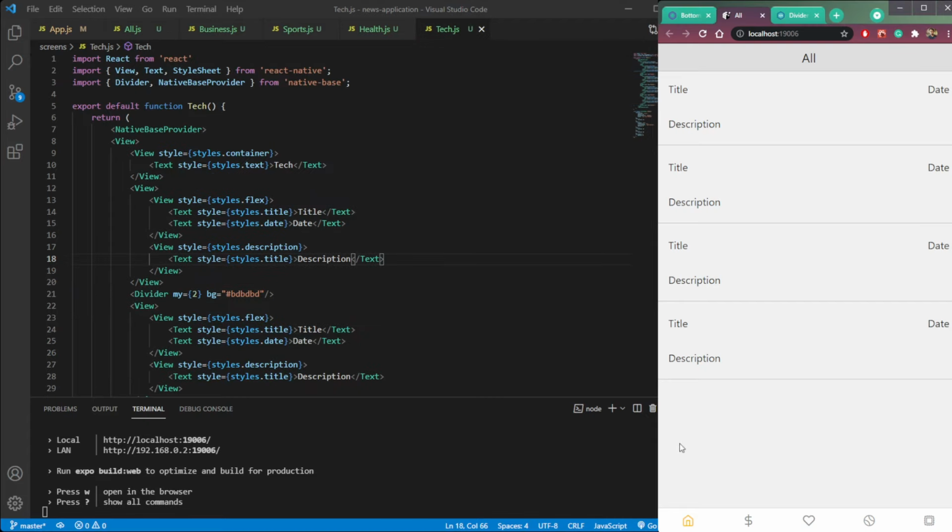And this ends part 1 of our news app series. And here you can see we have 4 rows which contain title, date, description, but this is static data only now. We will do the rest of them, loading data from API, in the next step, in the next video. And we have 5 screens here: all, business, health, sports, and tech, with all the four rows containing title, description, and date.